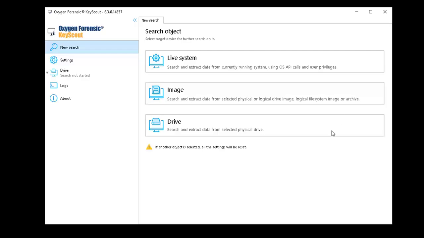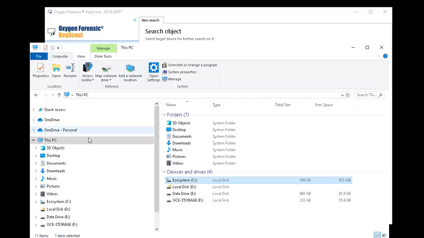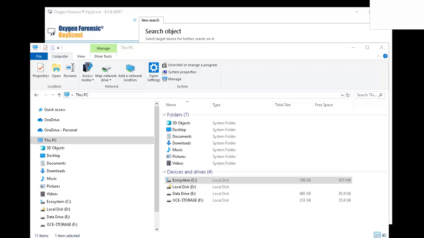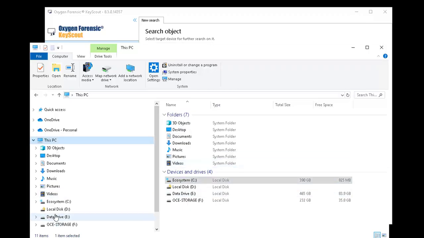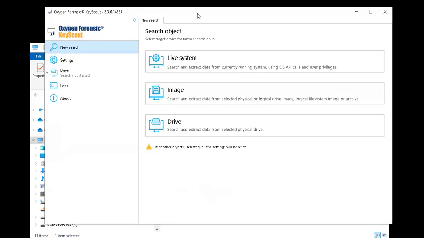Take a drive. Here, let's look real quick. If I come down here and check Windows Explorer on this machine, this PC has the ecosystem, the live drive I'm in right now, the D drive, that BitLocker drive we saw earlier, the data drive, which is another partition E, and this OCE storage drive, which is hooked up with a SATA cable right now. So we have an external drive, and we can run that option also. Because if I come in here and I pick live system,